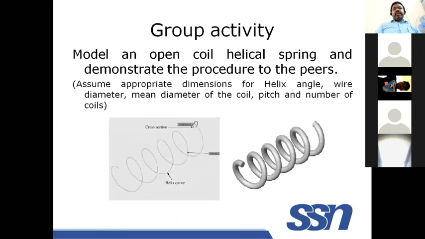Okay, so I will give you fundamental as well. You have to generate this helix. Okay, this radius depending on the mean diameter. This will be the circle you have to generate such that it should be perpendicular to this helix. This is the key point. Okay, if your circle cross section is not perpendicular to this path, you cannot generate a spring. Okay, this is the key. Make it perpendicular to this and you sweep it. You make this cross section follow through this so that you can generate a spring. Okay, this is the method. You use any one of modeling package, either CATIA or Pro Engineer, whatever it is. You try to generate this one.